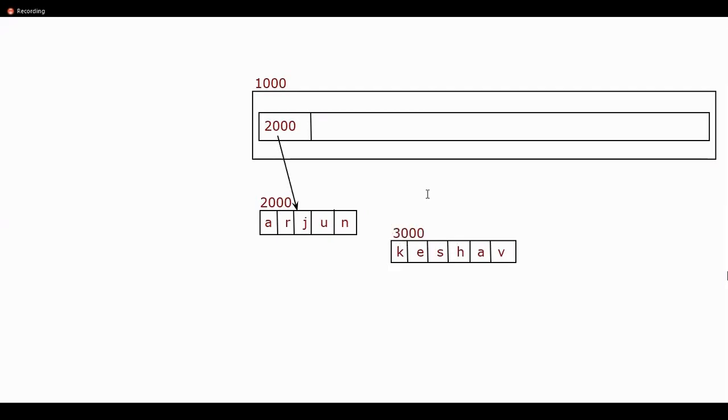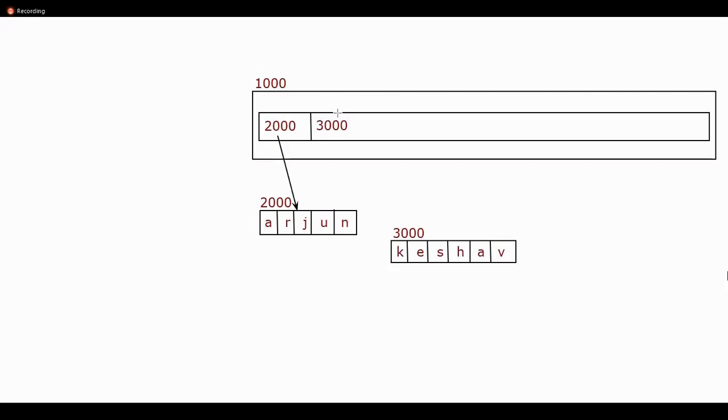Okay, sir. But we want this string object called Keshav to be our first index element in the list. If that is your expectation, you know what you have to do. Internally, what is going to be stored in your list is nothing but 3000. Any confusion? Okay, sir. In that case, what would be the impact on my list? The impact is very simple. This 3000 that you see here is not a primitive value.